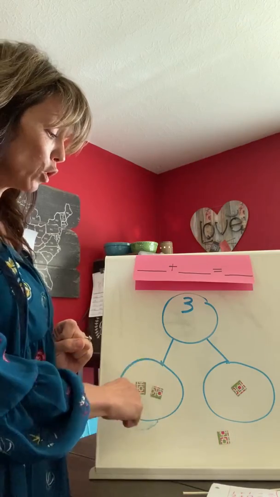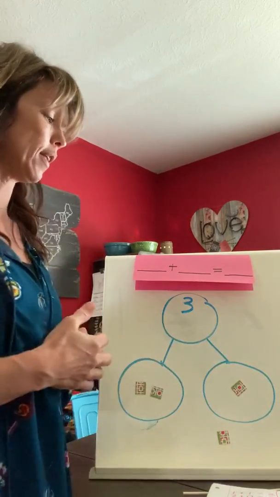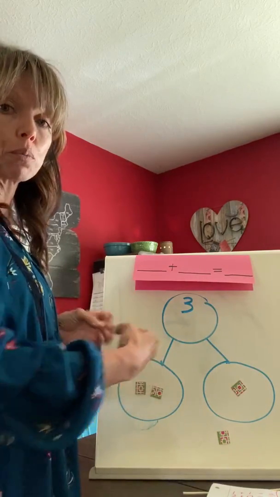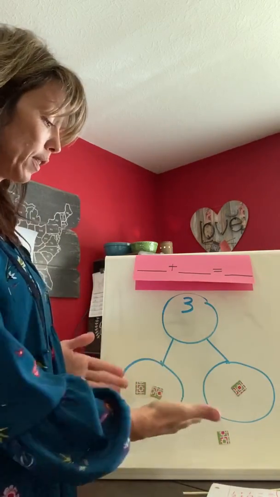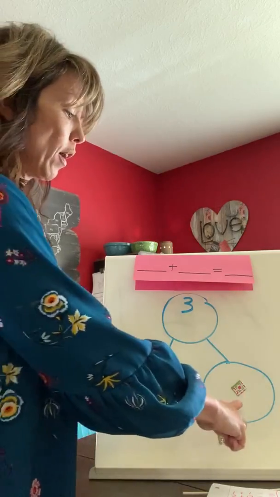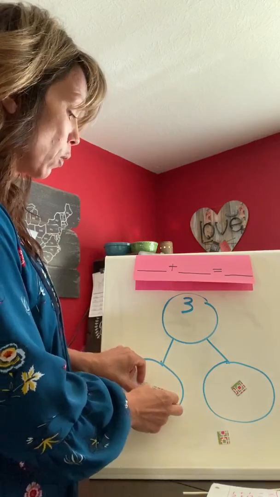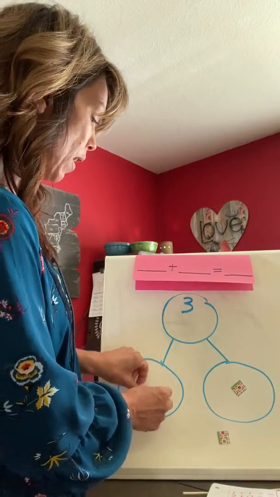Achari has. You're going to put 2 in one circle and 1 in the other. Okay, so we have 3 objects total, and we just broke them apart and we made 2 parts out of them. We have a part that has 2 and a part that has 1. So if we take these objects and we walk them up the path to the number 3, we have